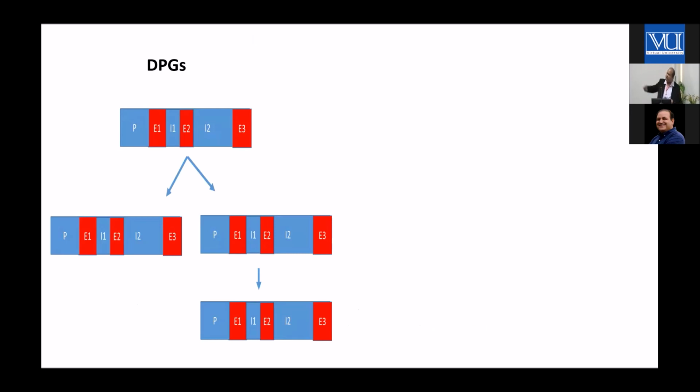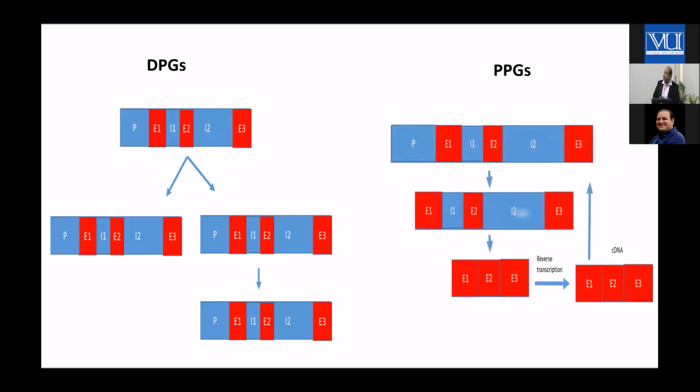You can think about DPGs, for instance. DPGs have duplicated genes which underwent some sort of disabling mutations, and you get a pseudogenized gene. And with the passage of time, this pseudogenized gene will ultimately also lose the CGIs, because functional constraint is no longer there, it's a pseudogene. The same is true for PPGs also,